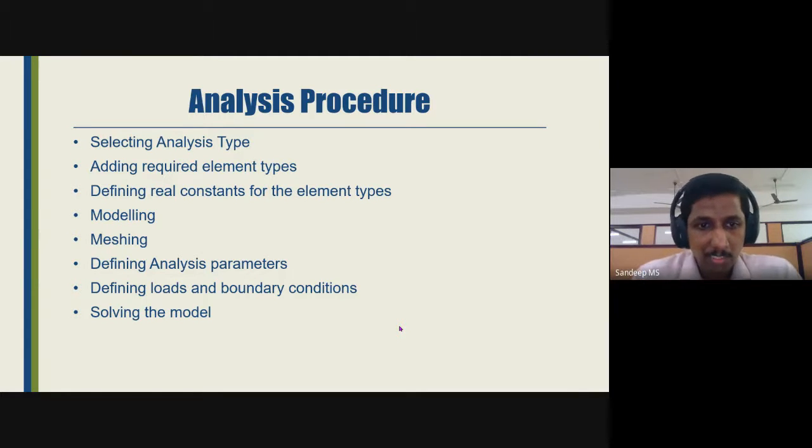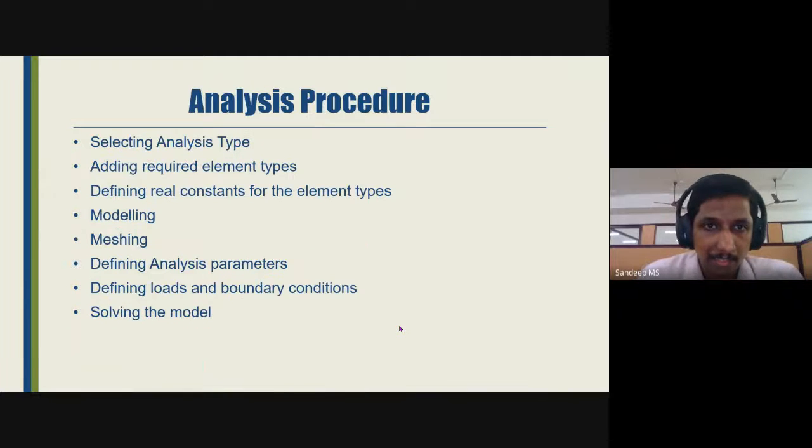Once that is also complete, the next thing we have to do is specify what sort of loading will be applied on this geometry, whether it is a point load, a uniformly distributed load or an area load, whatever it may be. Once that is also complete, the next stage is to give the boundary conditions. After defining up to this point, we have completed almost everything for solving the model. In the next step, we will directly solve it and take the results. This is how we will be conducting the analysis today. This is just an overview of the analysis.